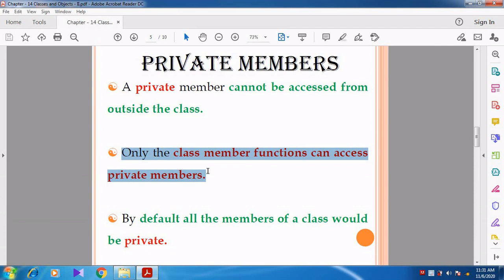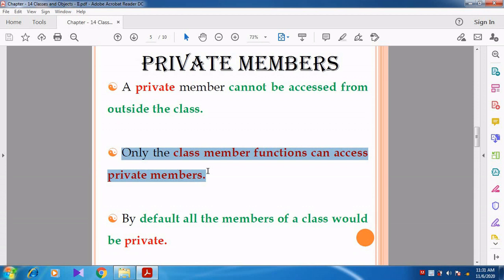I can give a simple example. You are going to the computer science lab. You are allowed to access the computer inside the lab. Is it right or not, students? Yes, you go to the computer science lab and work on the system. After coming out of the lab, are you taking the computer outside? No, you are not allowed to take the computer outside.